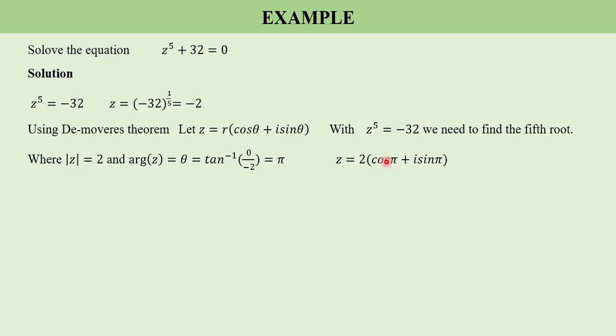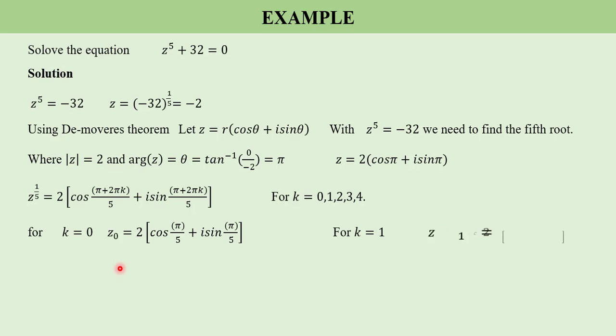Now after expressing it in polar form, we shall apply the general formula, whereby we shall have z^(1/5), our p is 1, our q is 5, so z^(1/5) = 2(cos((pi + 2 pi k)/5) + i sin((pi + 2 pi k)/5)). But this time we have to find the fifth root, meaning that the values of k will be 0, 1, 2, 3, and 4. So once we substitute, our last value will be 5 minus 1, which gives us 4.